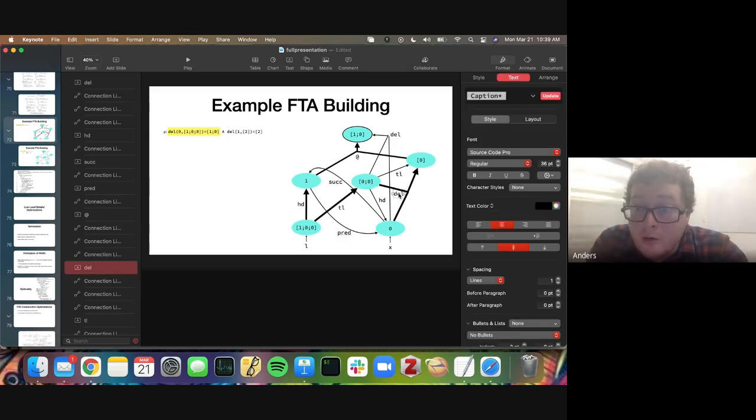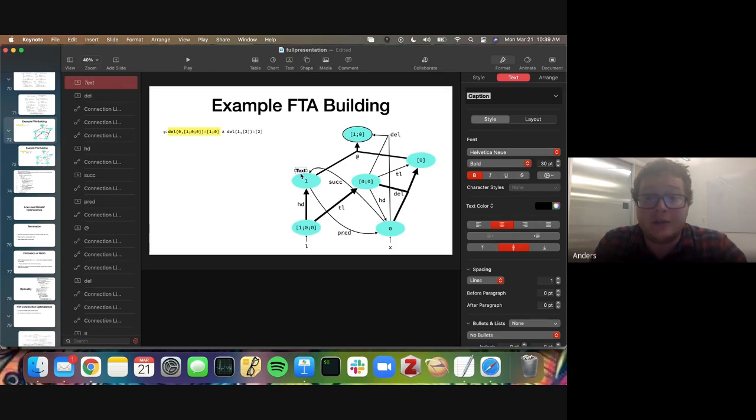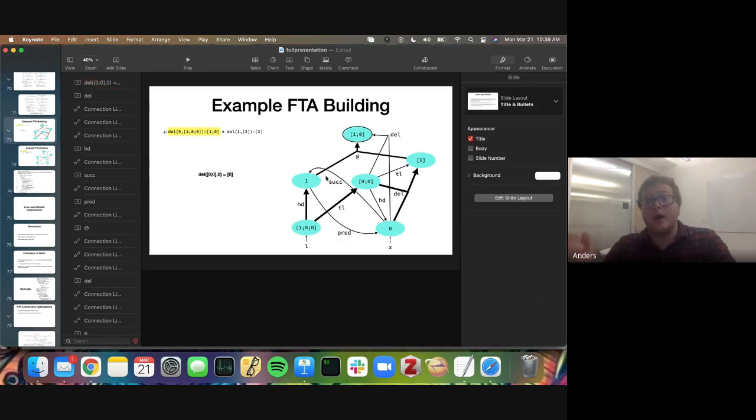Namely, I go del on 0, 0, and 0, return singleton 0. So from this specific run, I'd actually get the assumption that del of 0, 0, 0 equals singleton 0. And so when we do this extraction of the program, we also get all the assumptions that were made. Does that make sense?